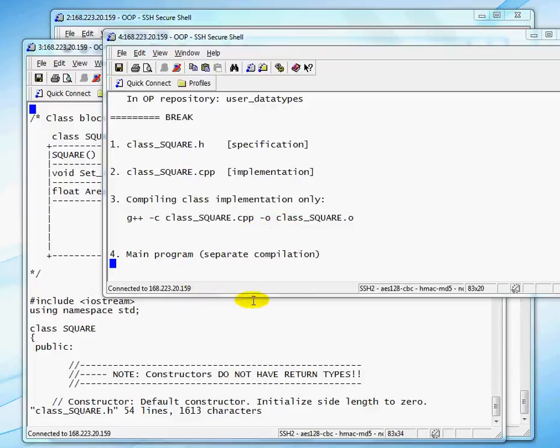Welcome. This is the second in the series of videos. We're going to focus on a very simple class, and I will show you how to separate the class into two files. One is called the specification file, the other is implementation. We will also talk about how to compile the implementation separately and how to combine the class into a main program. So let's begin with the file